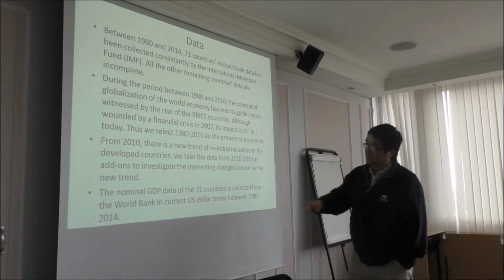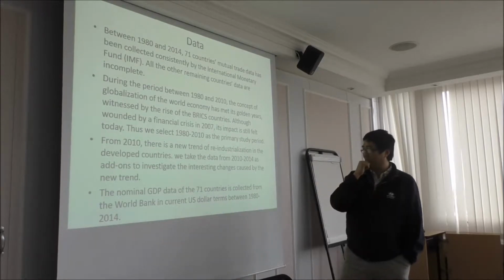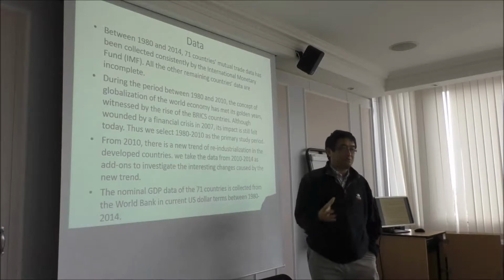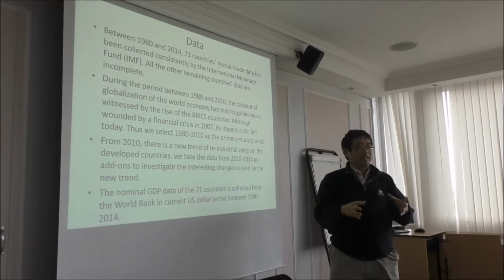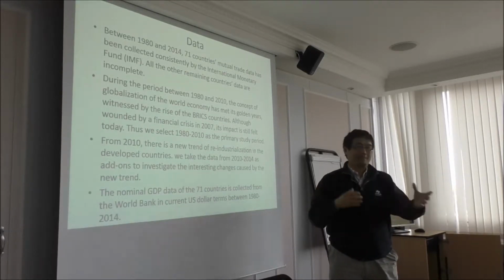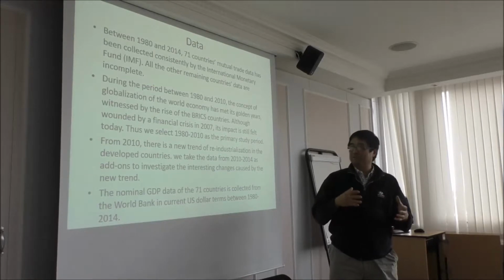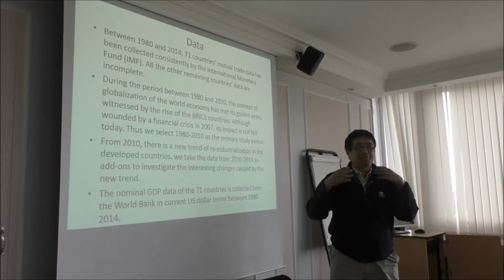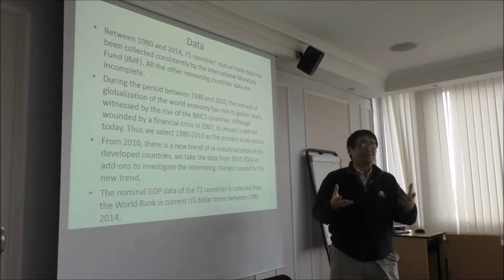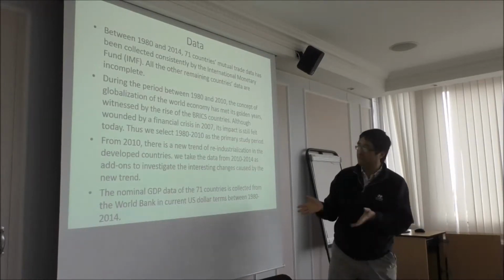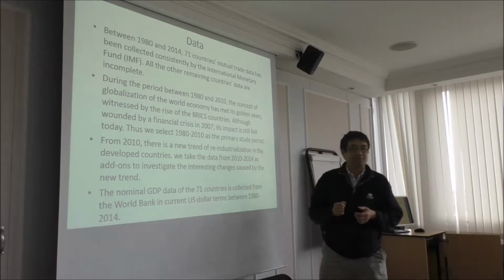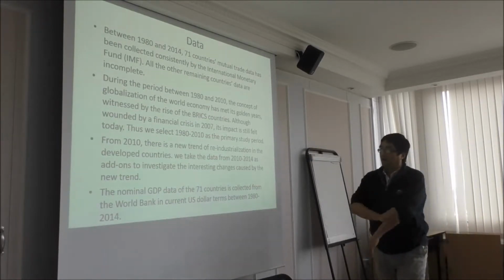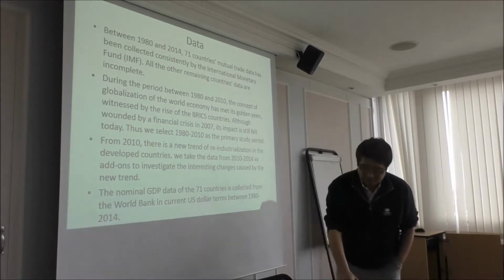Okay, so we take the nominal GDP data for the 71 countries. We take the international trade network, but we didn't look at how these links develop, because we feel it's a difficult quantity to study. They simply mean the related trading data. So we try to link this with the GDP figures and to see if there's some hidden information there to tell us something more than just the trading.